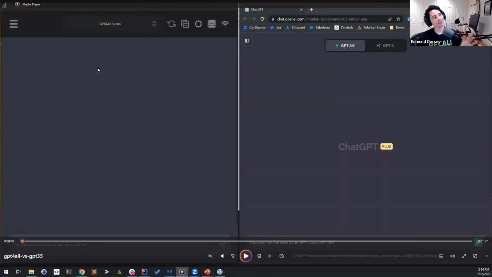What we have here on the left-hand side is our local LLM running. On the right-hand side, we've got ChatGPT 3.5 running over the cloud, so we're using OpenAI's infrastructure, probably Azure infrastructure. Again, left-hand side is local. I'm going to ask both of these the same question: can you tell me about the APT actor, APT33? You can see the difference in speed. The left-hand side is my local laptop. It's got about 32 gigabytes of RAM and 8 cores doing this processing. You can also compare the accuracy of the answer. So we'll just kick this off here.